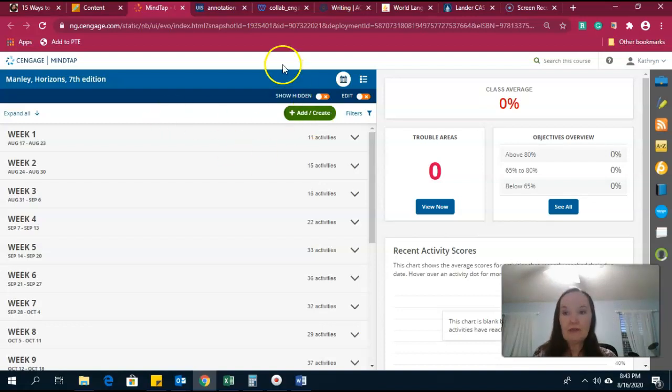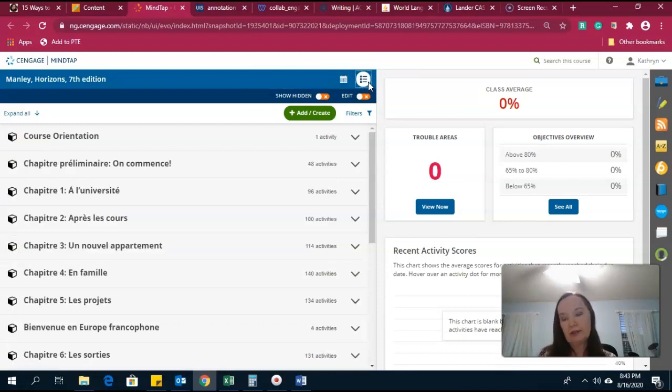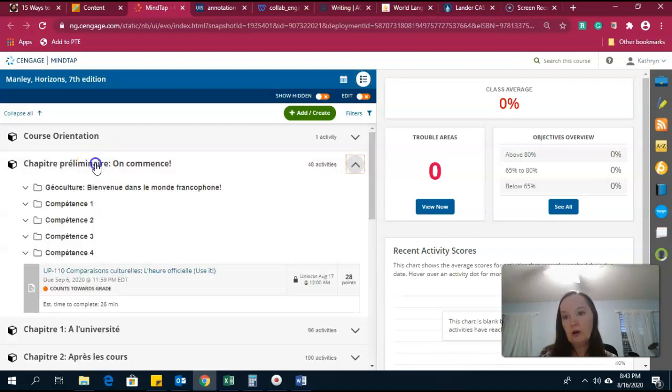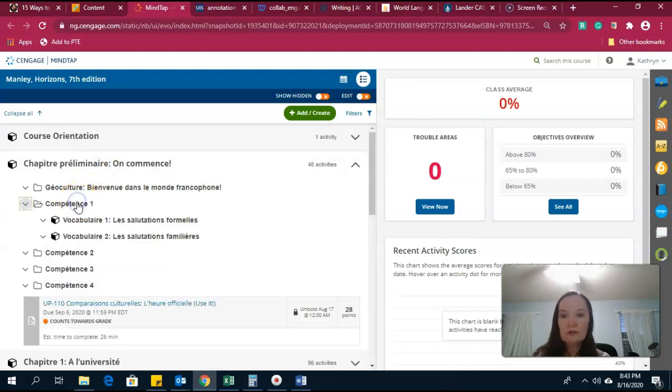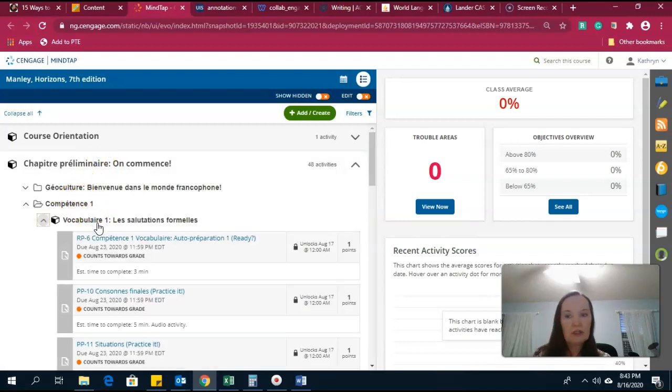So the way I have it displayed right now is the week by week setup. You can toggle between this view, the week by week, or you can look at kind of the nested view of all the activities according to the chapters. So if I click on Chapitre préliminaire, on commence, we'll see all the different activities, and you have to basically click through all of these to get to them.